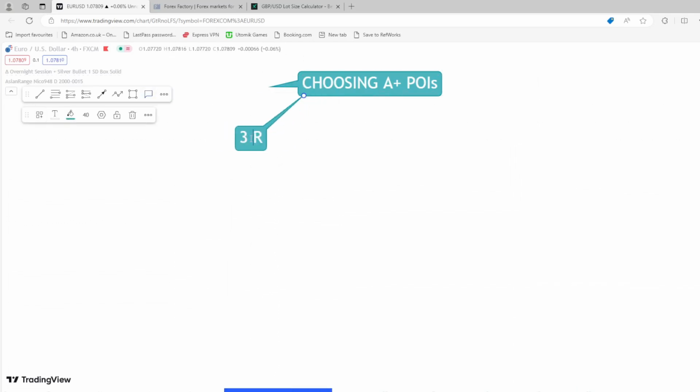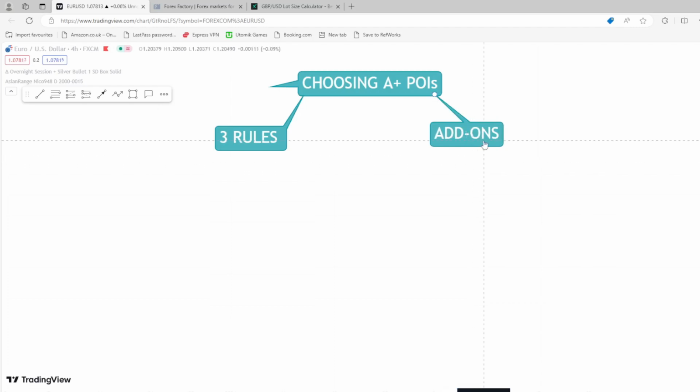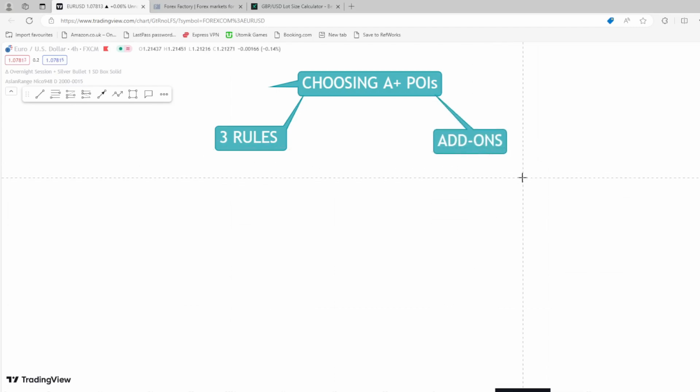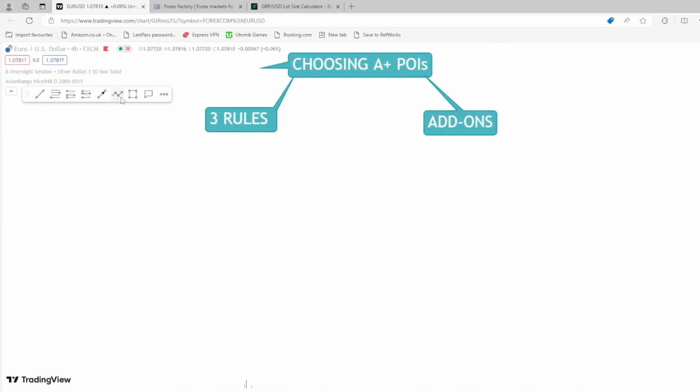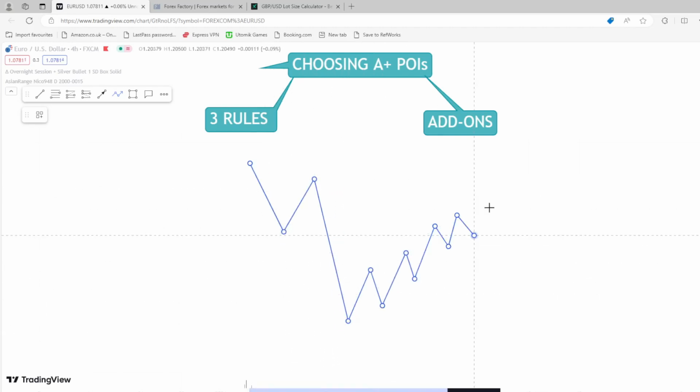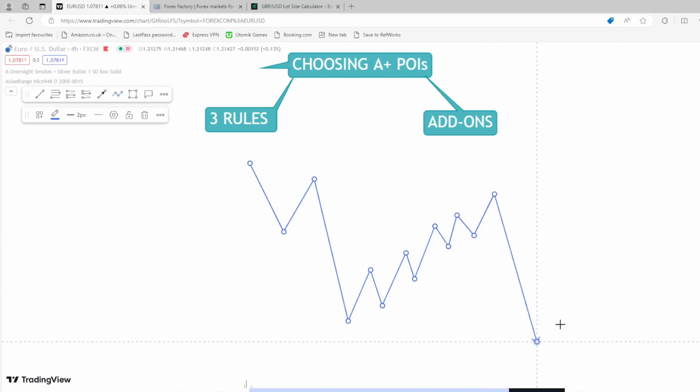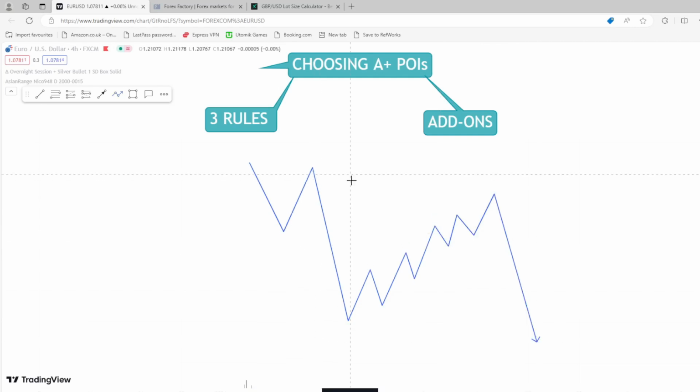First we're going to start with our 3 rules to a POI, and then we're going to go into some confluences, some add-ons, some extra confluences. But first it's important to start with the rules. So when it comes to a POI, let's start with a bearish example. If we have a POI in this region, we need to see 3 things for a POI to be validated. Very simply put, we need to see 3 things. Now, if we're in a bearish climate, we've got bearish structure. The first thing we're going to be